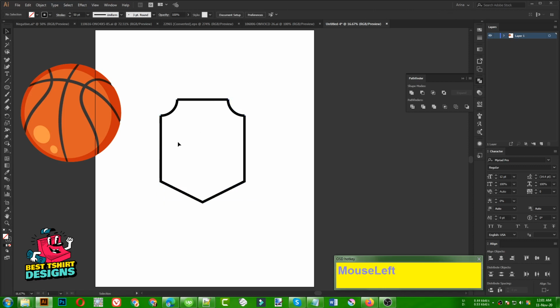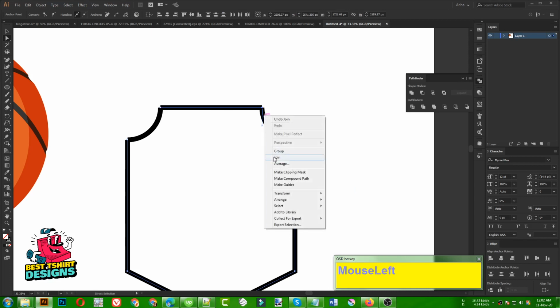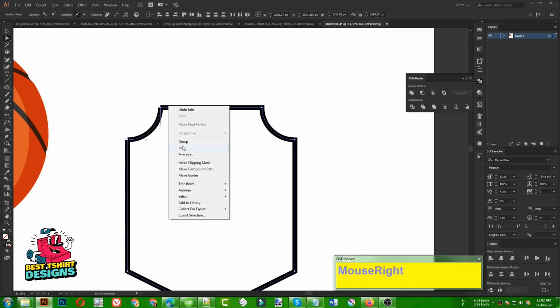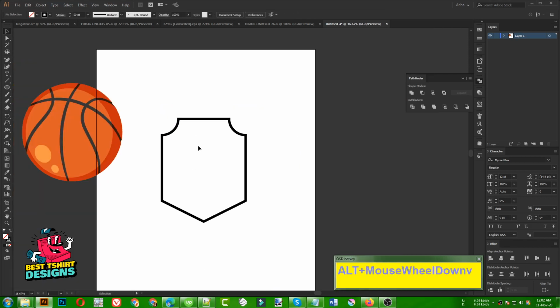It is going to give us a shield kind of look like this, but as you can see this is not connected. So let's use our old technique: direct selection tool, select the two corners and then right click, Join. It is going to join them. So that is the shield of this design. Now I want to make this area round, I don't need the hard cut.